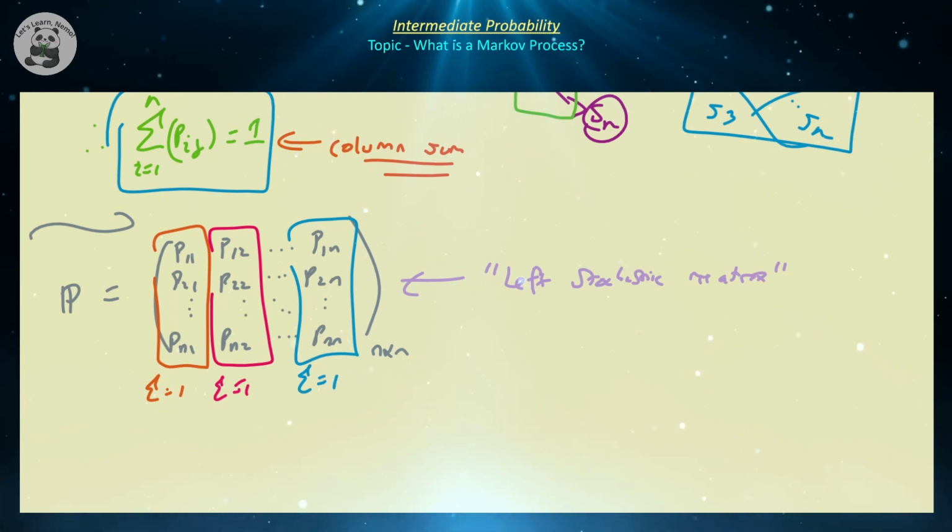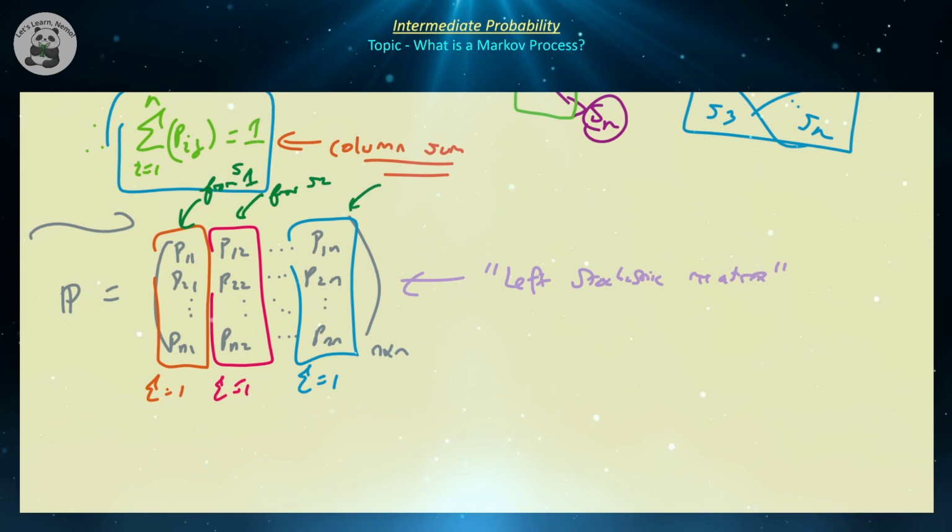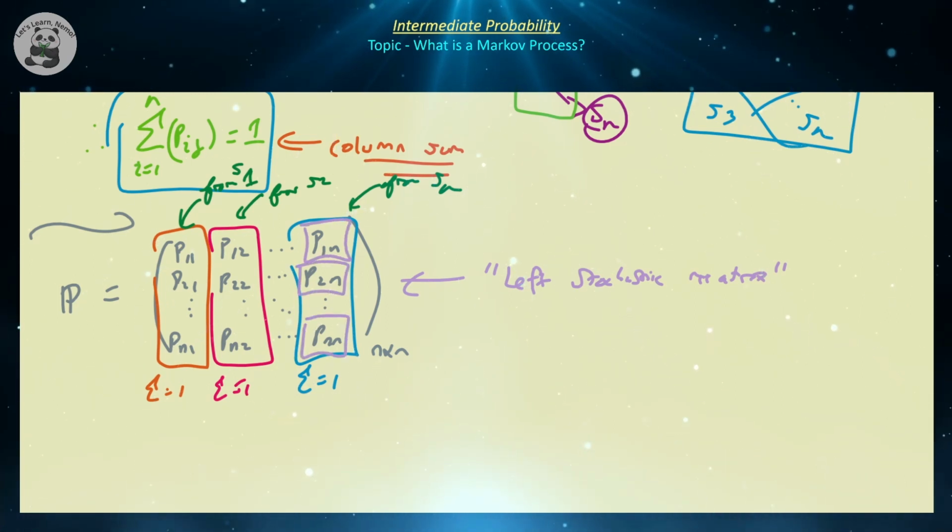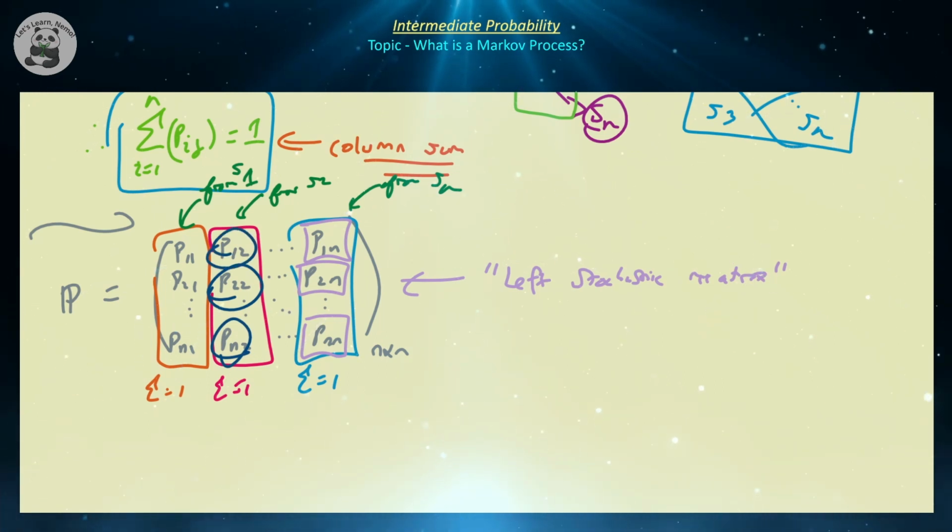And why is that going to be the case? Well, again, what is this coming from? This is all the values for which we're coming from state 1. This is all the values for which we're coming from state 2. And these are all the probabilities for which we come from state n, right? For example, this is where we're coming from n going to 1, coming from n going to 2, coming from n going to n. And if we look at this other column here, that's coming from 2 going to 2, coming from 2 going to n, coming from 2 going to 1, coming from 1 going to 2, coming from 1 going to 1, and finally coming from 1 going to n, right?